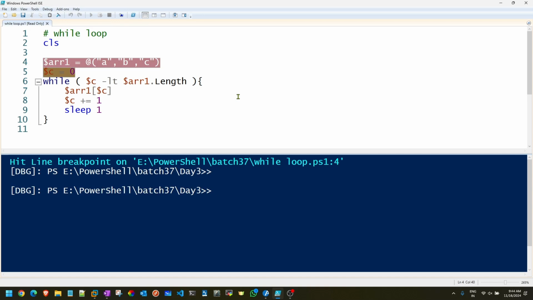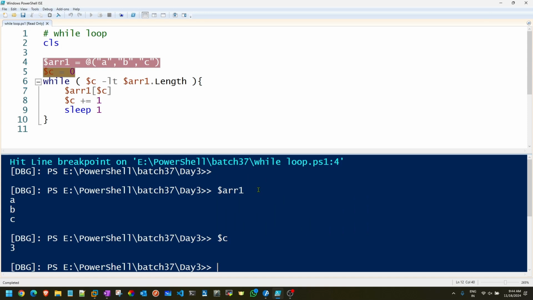Array has been created. Wherever this brown selection moves, that's going to be the next step. It is showing where I'm going to go next now. So from array, if I just type here $arr1, see, $array contains all the values inside it. That's what is created. If I go $C right now, can you see? It is 3. It has taken the last value from when I ran the program earlier. Last value was 3 only, right? So it has taken the last value. That means $C line number 5 is not executed as of now.